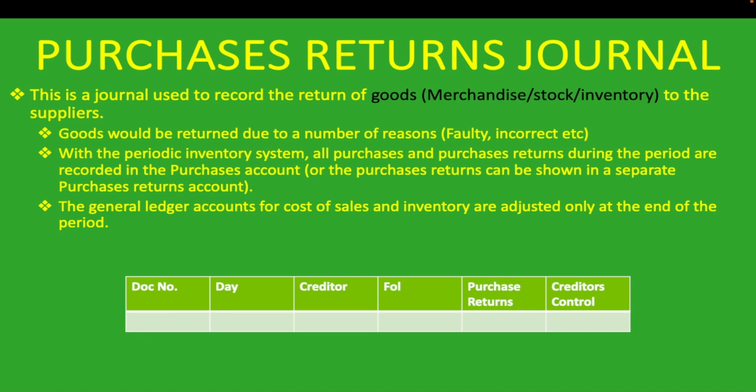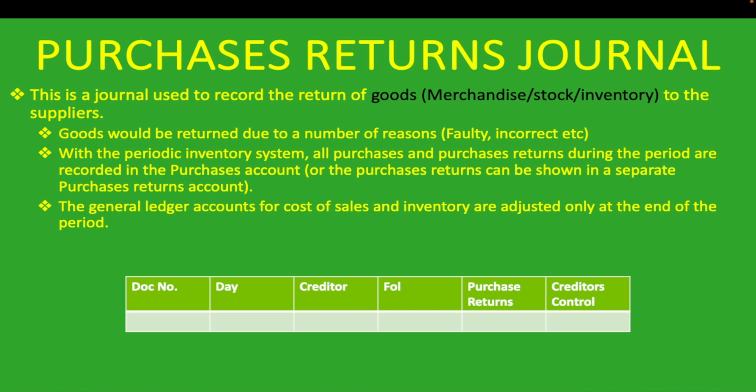So far, you know what the purchases returns journal is. What you record there, you're recording the returns of goods to suppliers from whom you bought on credit, and here you have a template of what needs to go there. So if you've understood this page here, let's go through a thorough example and see what we record in the